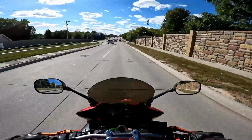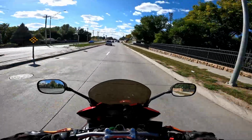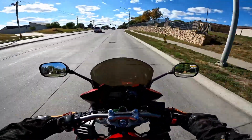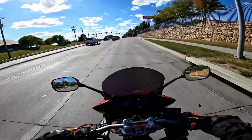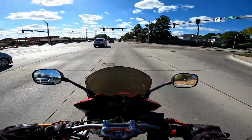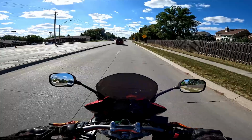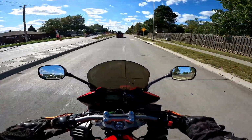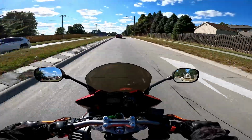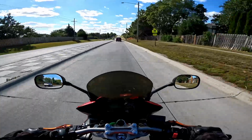I mean, I've never really opened up any other bikes other than this bike as much as I have. Like, I've replaced a clutch, yeah, that's opening the bike up, but I've never gotten down into the nitty-gritty on one of these bikes. And not that the job is that hard to do, it's just unfortunate that when you get a brand new bike, and even just a bike in general, off the used market that's old, that you would have to open the bike up and either A, replace an expensive part, or B, just live with it and hope that it doesn't